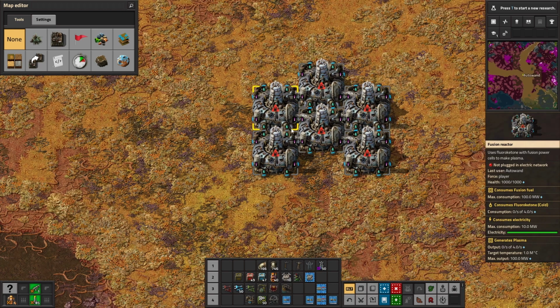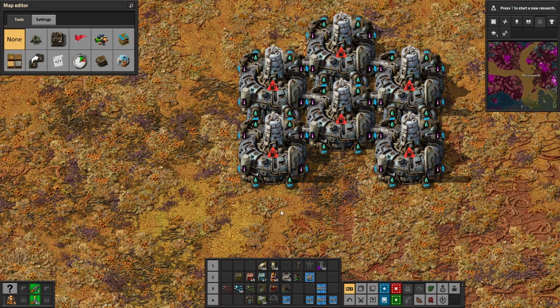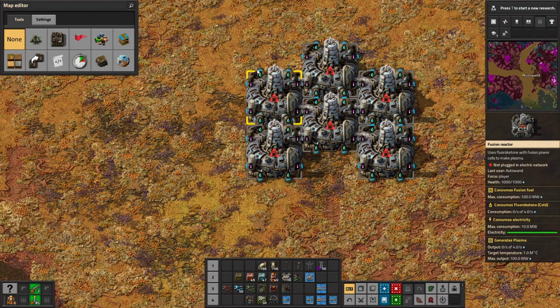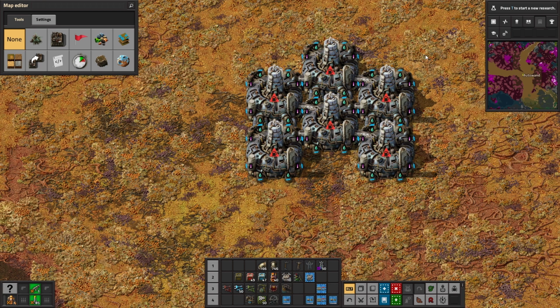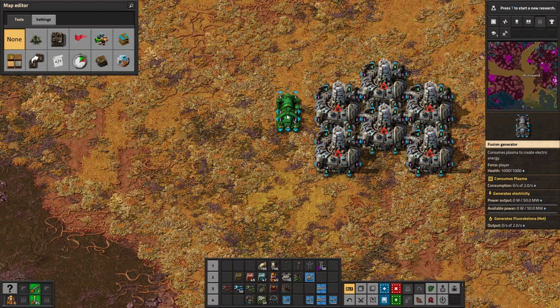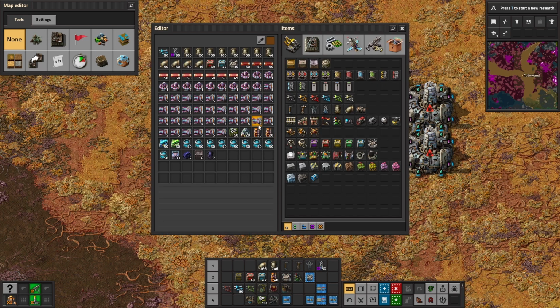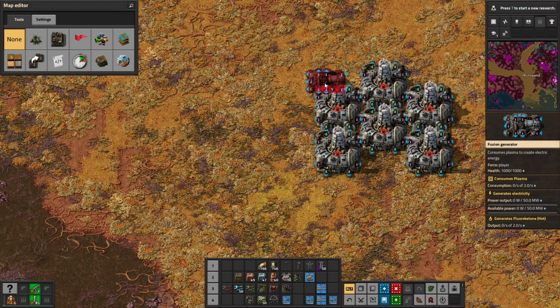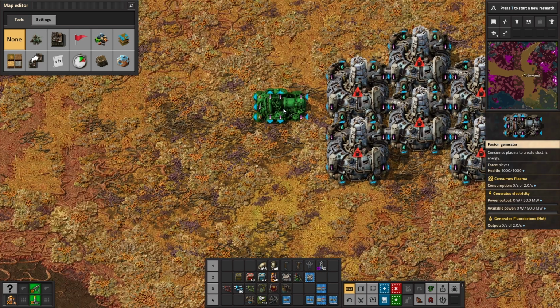In this particular case, you're just going to have to take my word for it. This is 24, including the 6 and its neighbor bonuses. This is 3 on the bottom, 6 from the middle, and then 4 each from the top. Because of that, we need 48 generators because the generators are a 1 to 2 ratio. So for every 1 reactor, we need 2 of the generators. And for each of the neighbor bonuses, we need 2 additional